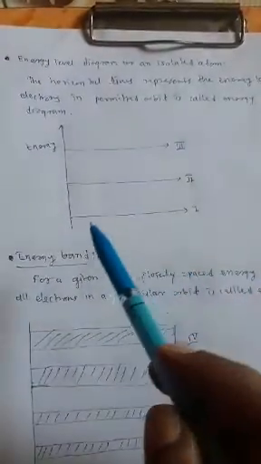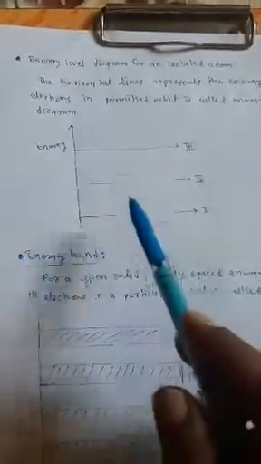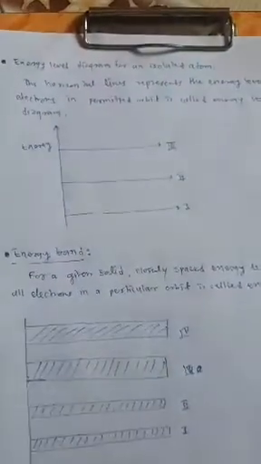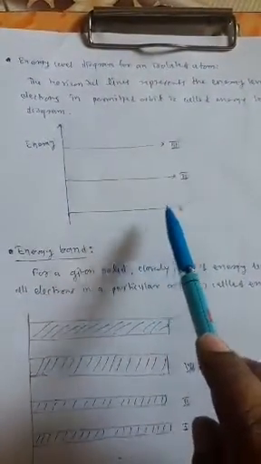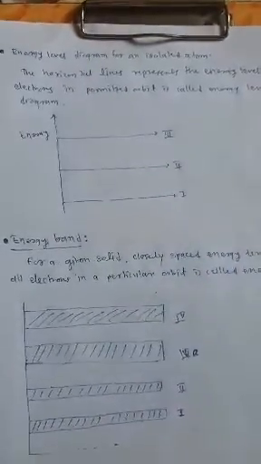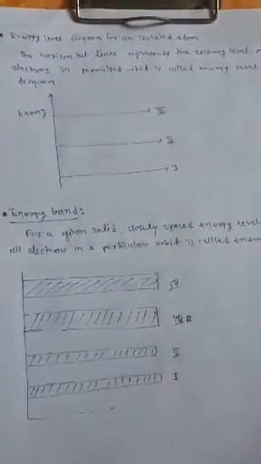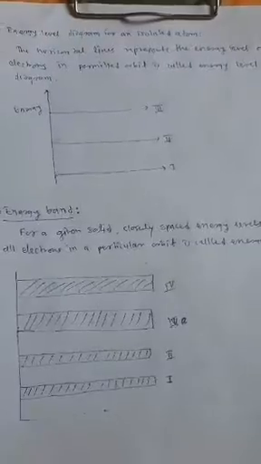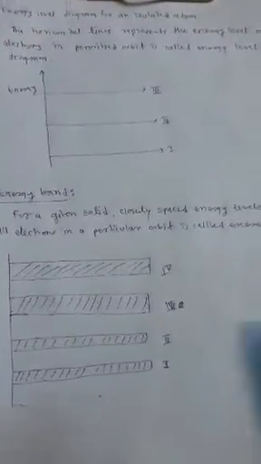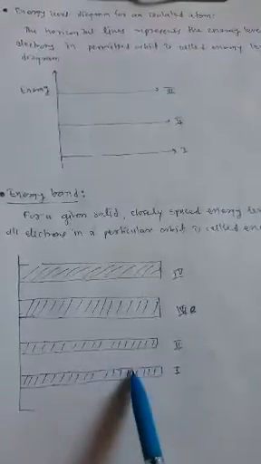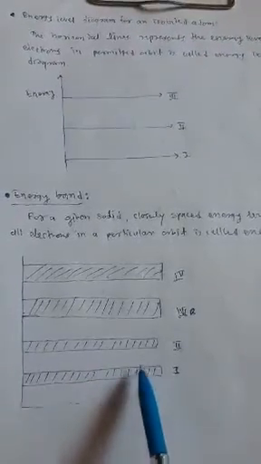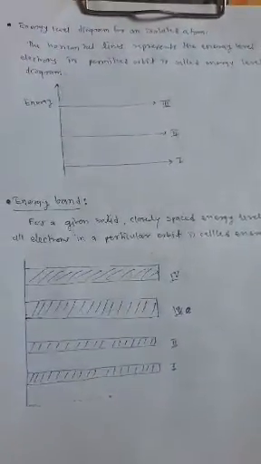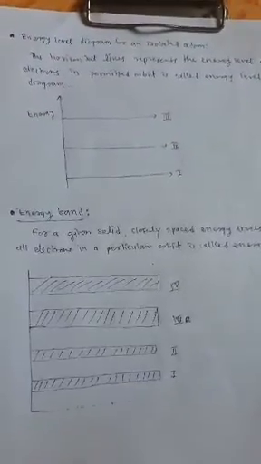Means this energy band is related to the energy of electrons in a solid, and the energy level is related to the energy of an electron in an isolated single atom. Therefore, energy band can be defined as a range of energies possessed by the electrons of the given orbit. For example, this range of energy is for first orbit electrons. This is for second, third, and fourth, and so on. These are the energy bands in solids.